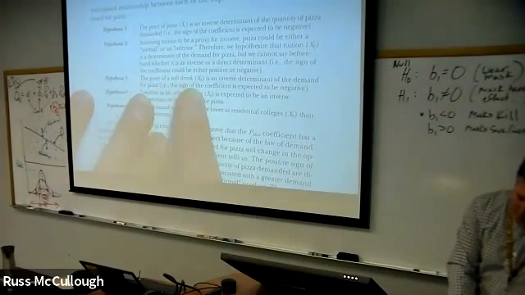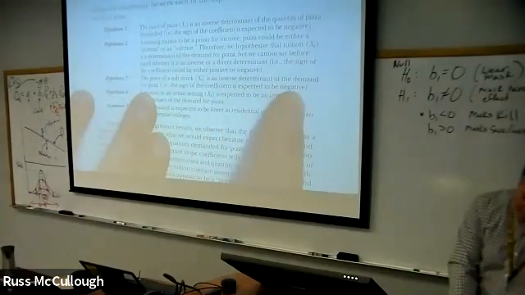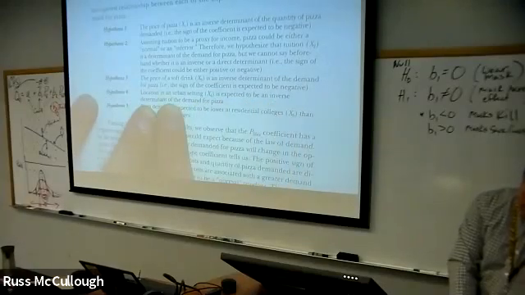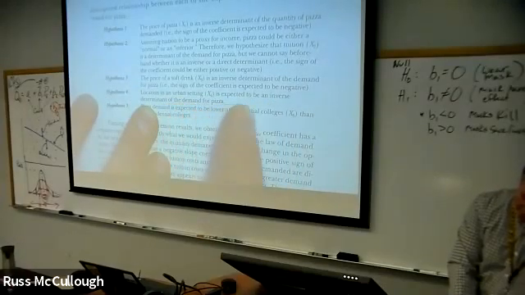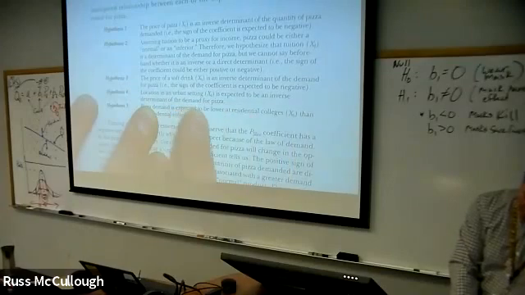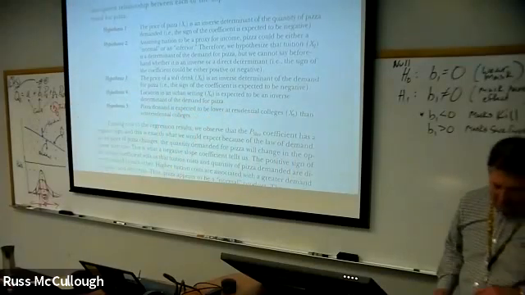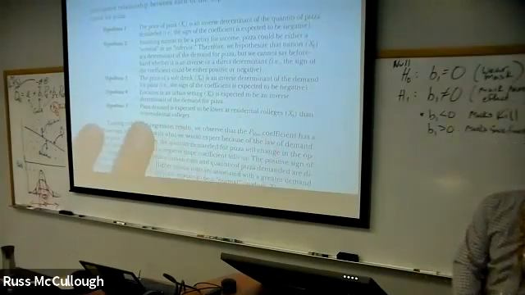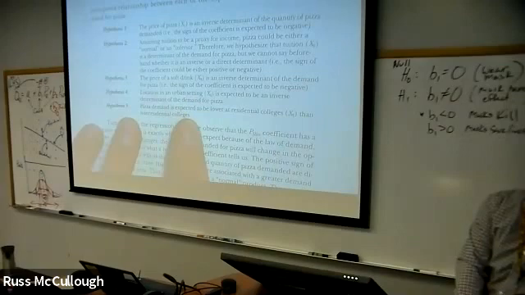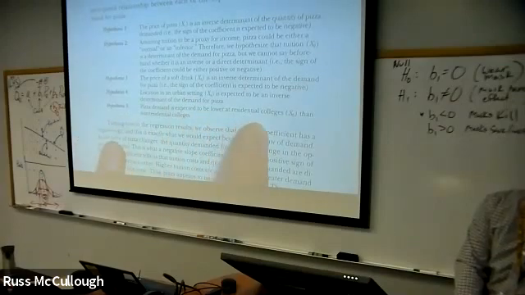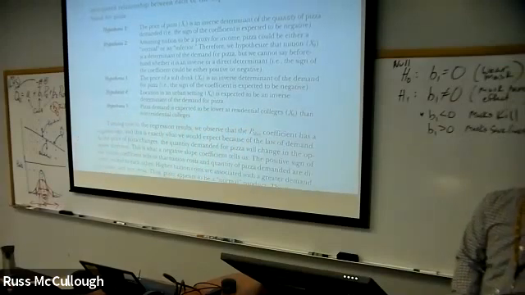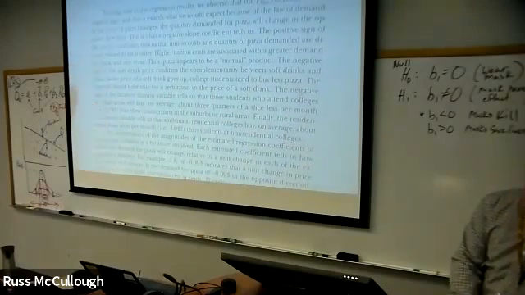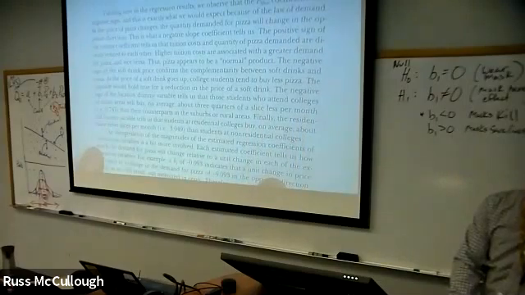Hypothesis 3, the price of a soft drink is an inverse determinant to the demand for pizza. So it's expected to be negative. Hypothesis 4, location in an urban setting, expected to be an inverse determinant of demand. So inverse determinant means, what's the sign? Negative. So urban means less, and pizza demand, hypothesis 5, is expected to be lower at residential colleges. All right, so now when we do this, we're going to turn to the regression results for all of that stuff.